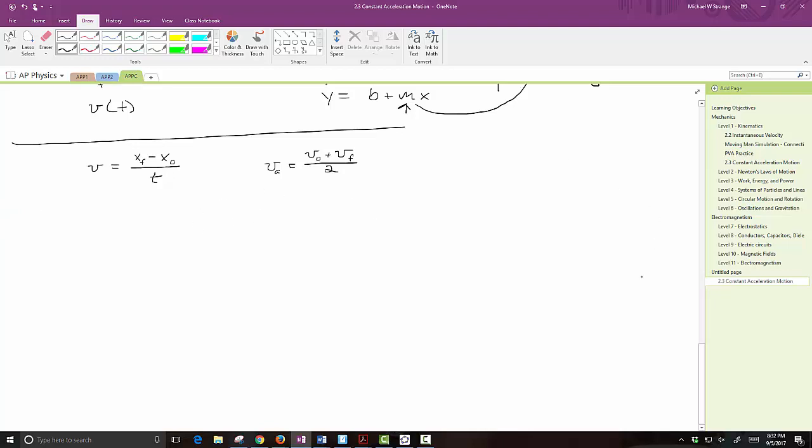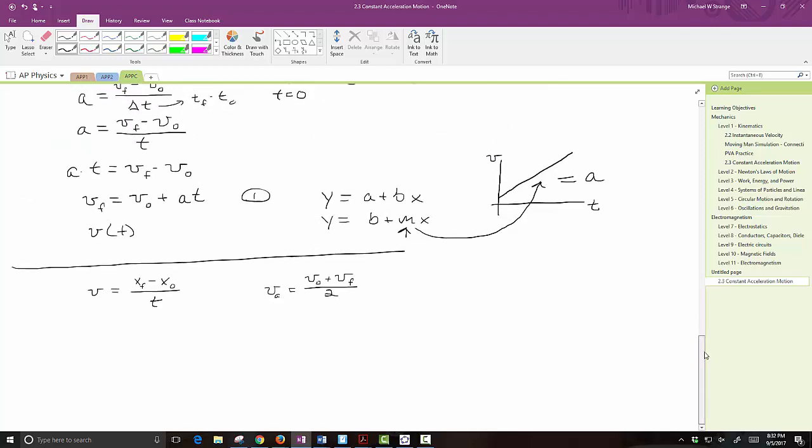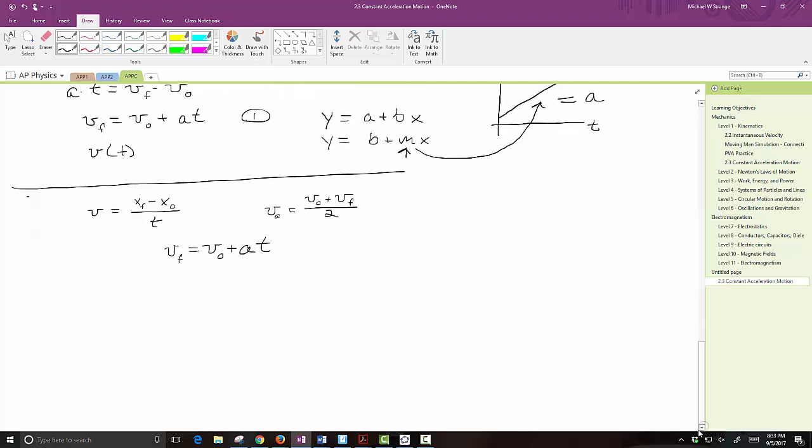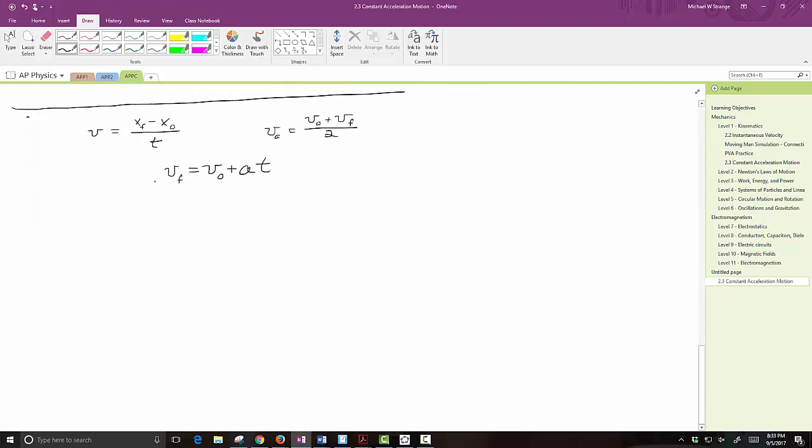So now we'll use the velocity equation that we just derived, so this equation 1 right here. Okay, we'll use this equation here. So I have that VF equals V naught plus the acceleration times time, because I'm trying to get a position function that has the acceleration in it. So now we can substitute. So my average acceleration